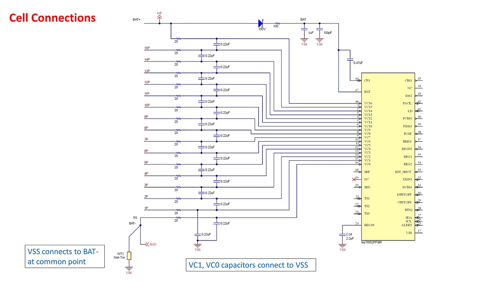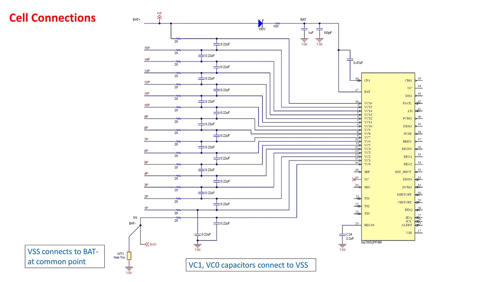Shown here are the values used on the BQ76952 evaluation module. A longer RC time constant is beneficial for reducing transients during a short circuit event, so using the typical 0.22 microfarad capacitor or higher is recommended when using a low resistor value. The resistor value determines the amount of balancing current when using the internal cell balancing feature. The cell balancing app note has detailed examples and considerations for determining the resistor size when using internal balancing. 100 ohm resistors are recommended if using external balancing transistors. Examples for different configurations are also covered later in this video and in the cell balancing app note.